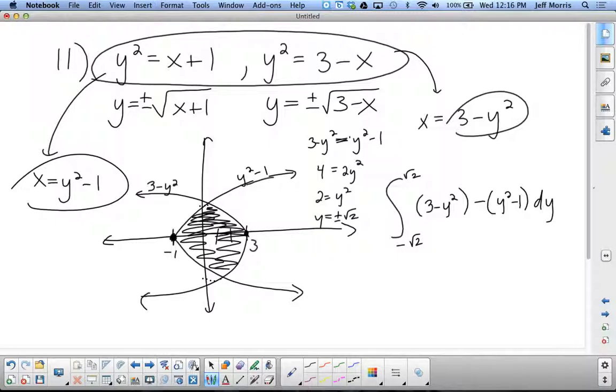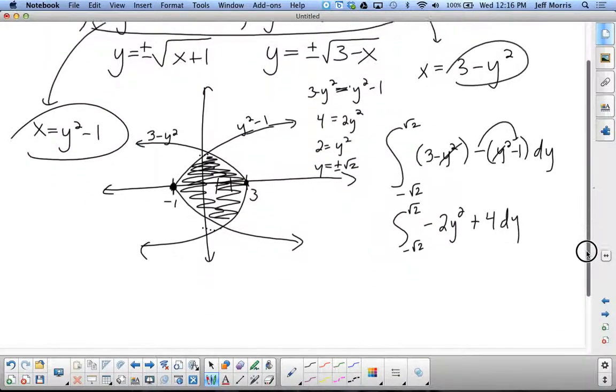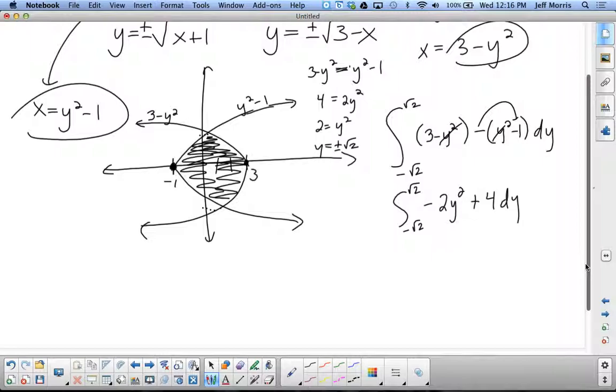And then you definitely would do what before you integrate? You would simplify. So we're going to have minus 2y squared. Agreed? So that's good. And then you're going to have a plus 4 dy. And then you just integrate this, so this is going to be y to the third, divided by 3